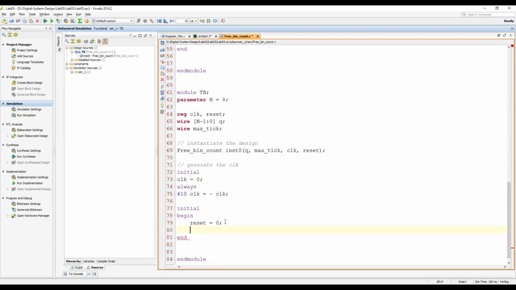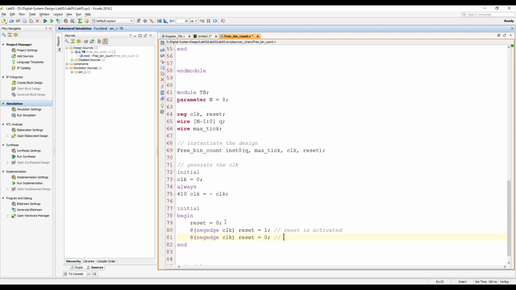And then I'll say some delay. Okay, and then reset is equal to 1. So reset is activated here. And then after another negative edge of the clock, reset is again back to 0.